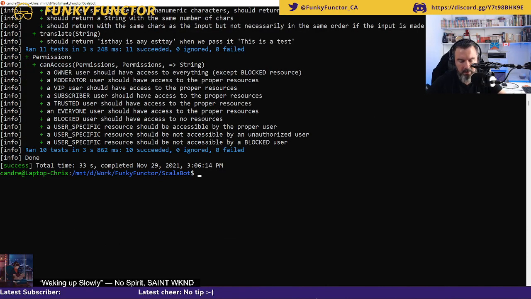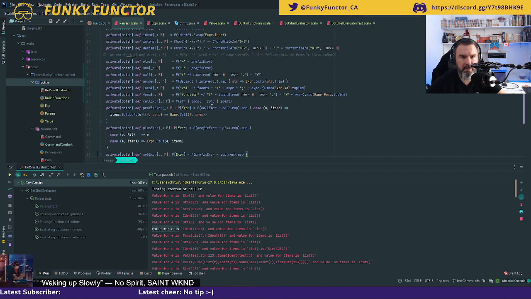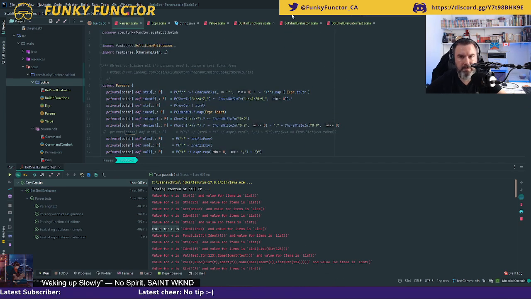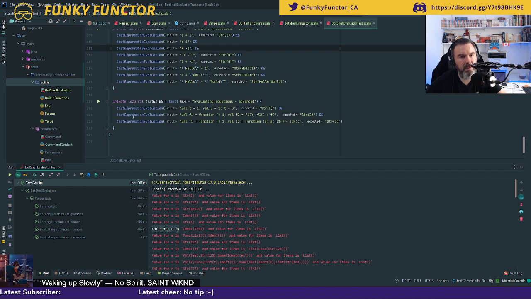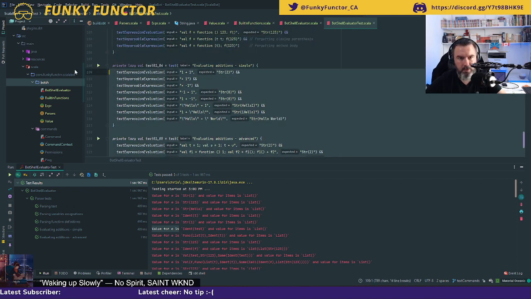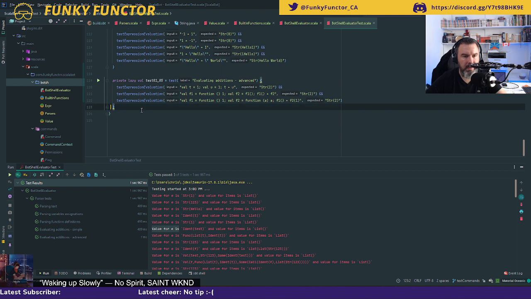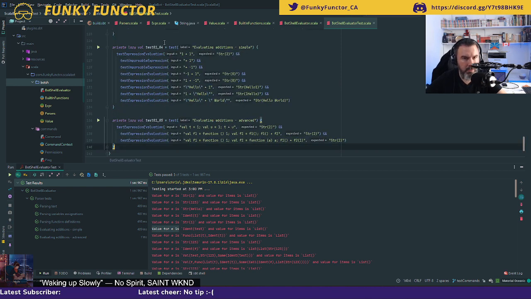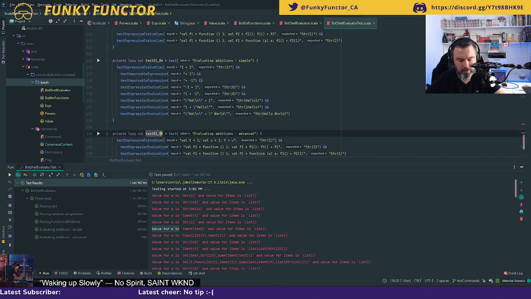Does it mean that I can now add my tests for my subtractions? So I'm going to copy the same thing as my additions, change a few things. So that is test 6 and 7.